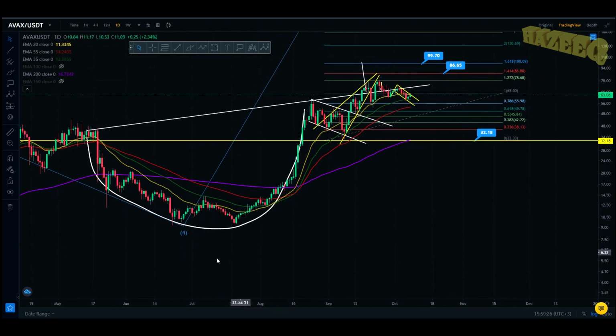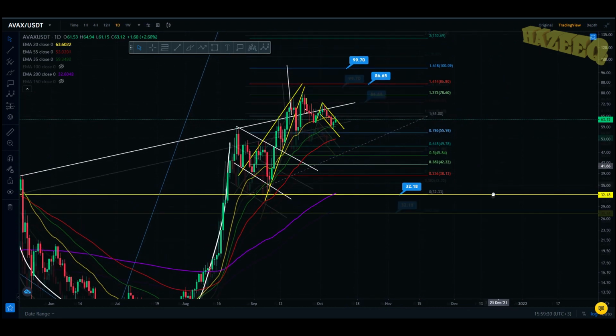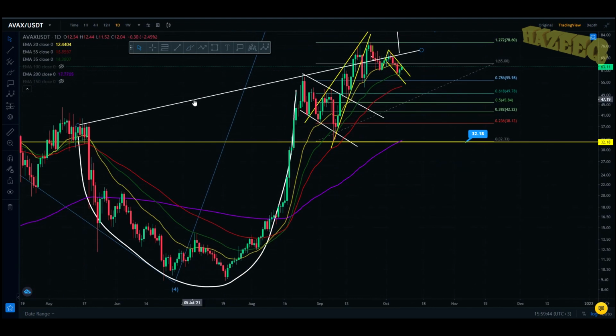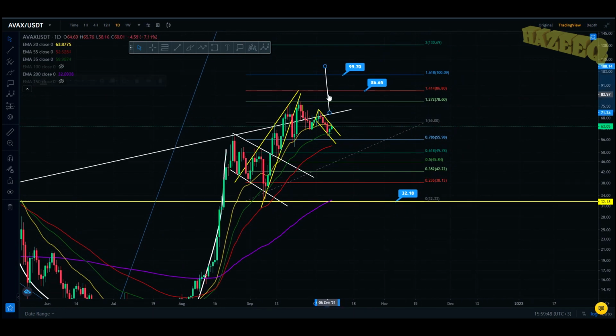Now looking over here, we do have a cup and handle pattern playing out. As you can see, you started breaking this resistance of the cup and handle, but you came back down. Once you start breaking out again, that's potentially when you're going to be looking at your targets. The target from there is you take a trend line from the resistance of the cup to the very bottom of it, and you place it on the resistance, and that gives you $108.